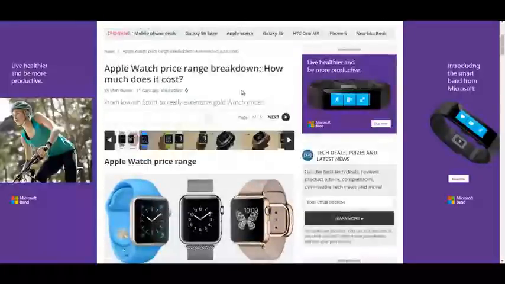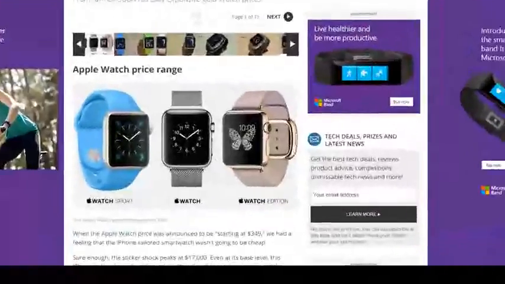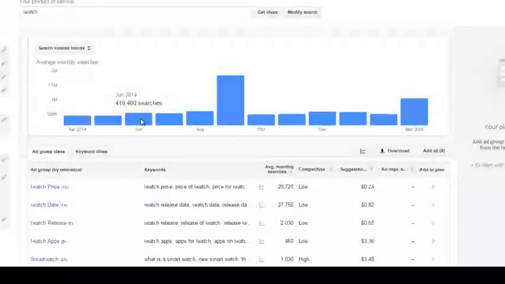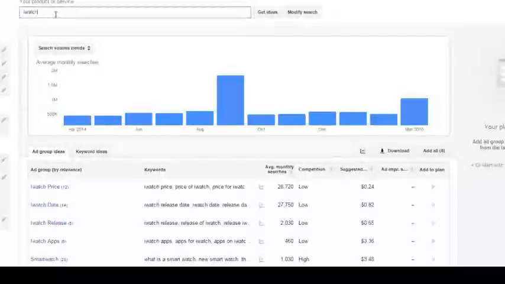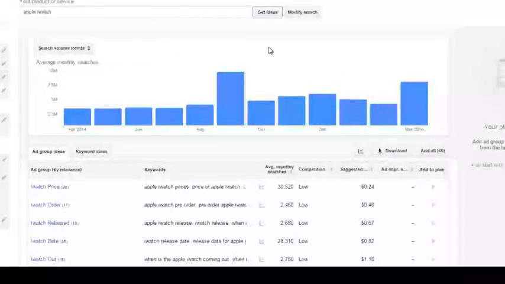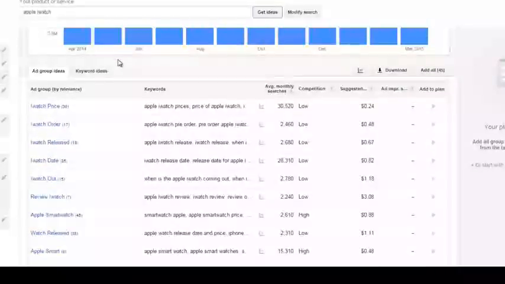I'll just show you. This is the same article, but I'll just show you the keywords. So I typed in iWatch. Let me just change that a minute, actually. I mean, it'll bring up the same stuff, but I think Apple iWatch is a bit better. Okay, Apple iWatch. What you want to do, so you want to grab a pen and paper now, and we're exploring the first niche,